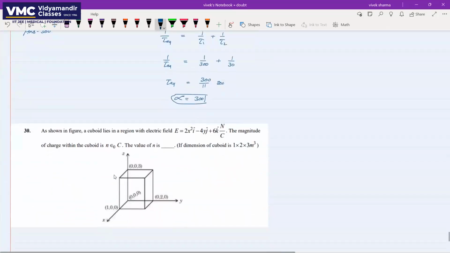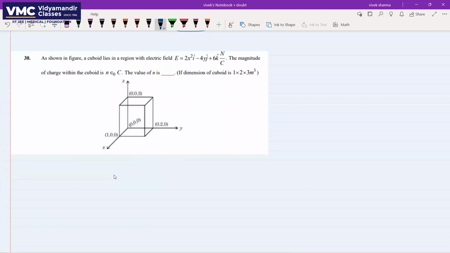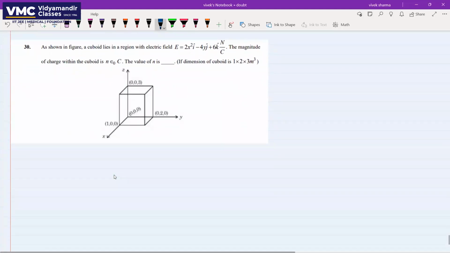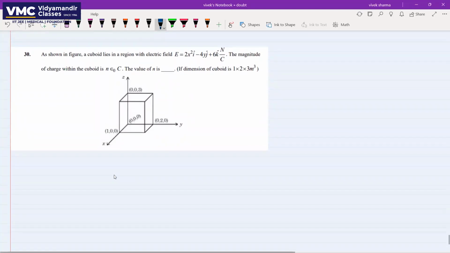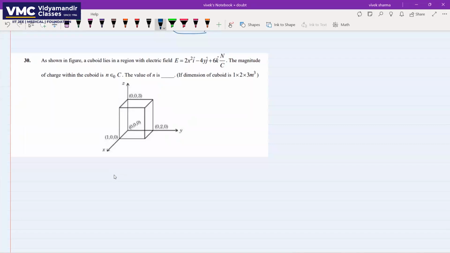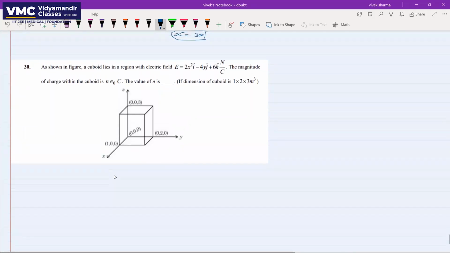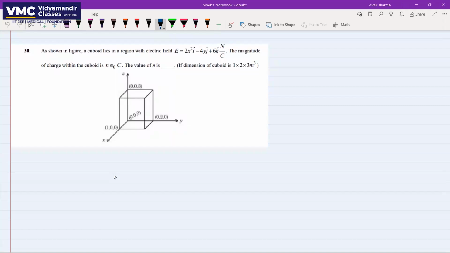Now moving to question number 30. Question number 30, you are given a cuboid and the electric field is given in this region, along the three axes X, Y and Z. Here we need the magnitude of charge within the cube. So we use Gauss law to find the charge enclosed. First of all, let's look along the x axis. The field along the x axis is along the positive x-axis, that is in this direction, positive x-axis,